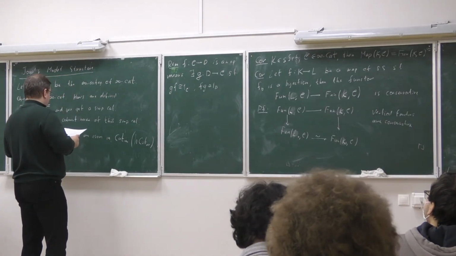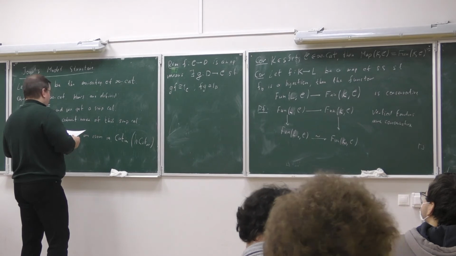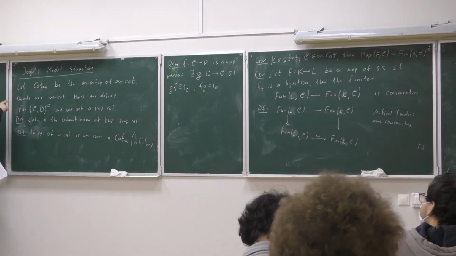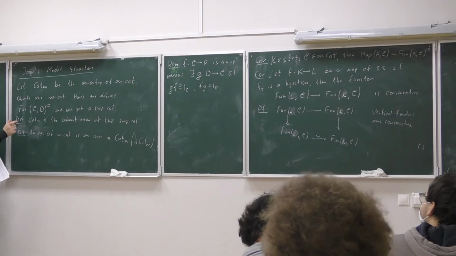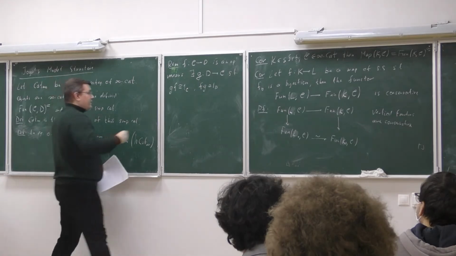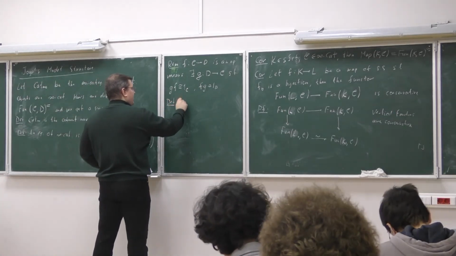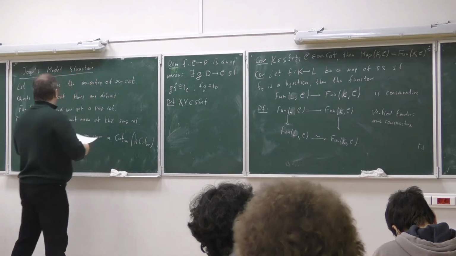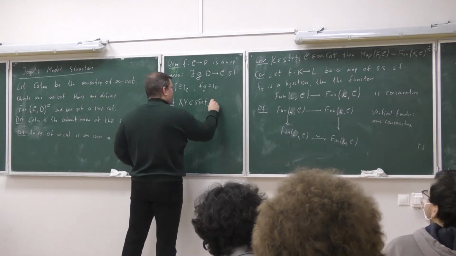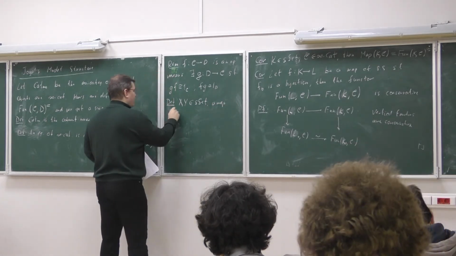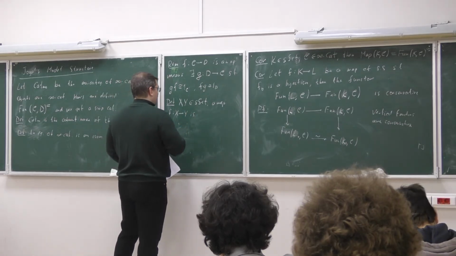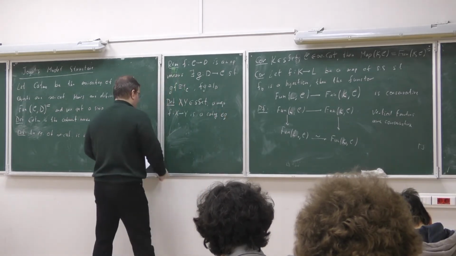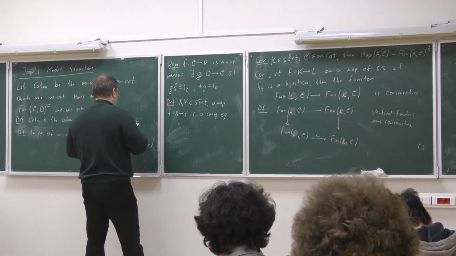So then there are some technical results we can prove about this, but if you want to define a model structure about this, so at the moment this is defined. So an equivalence is defined if you talk about C and D being infinity categories. So now we can define. So let X and Y be any simplicial sets, and I want to kind of extend this definition to simplicial sets. So a map F from X to Y is a categorical equivalence. Categorical equivalence. So if we have the following,